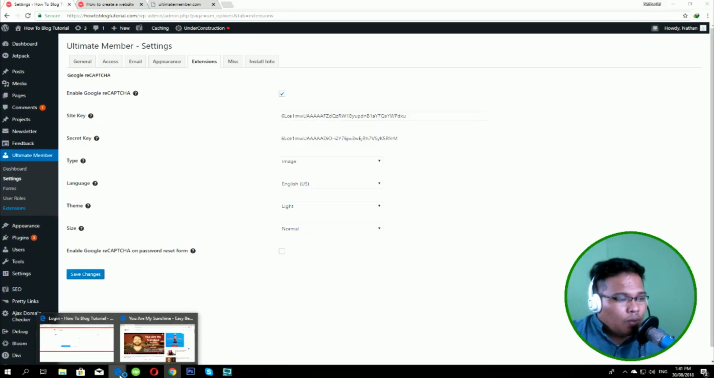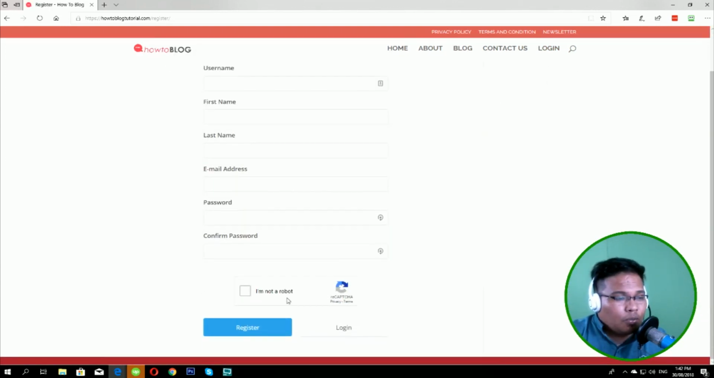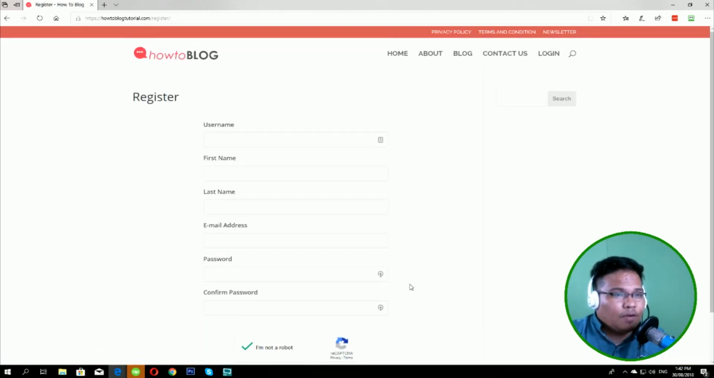Now if we go back to our website, you will notice that there is already a CAPTCHA, which is a very familiar I'm not a robot CAPTCHA form. So this will prevent robots or fake registration on your website. You will see that there is also a Google reCAPTCHA enabled, so that you will not get any spam registration. This is really very important prior to continuing building your membership site, because you don't want to get spam